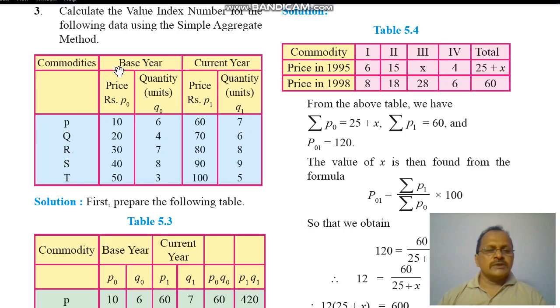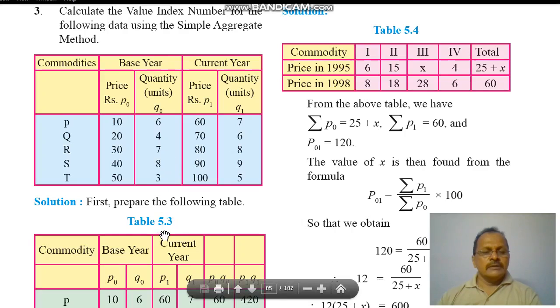The prices of these commodities and quantities consumed in the base year are given. Similarly, for the current year, their respective prices and respective quantities are given to us. This table is given. Now using this table, we are going to calculate the value index number using simple aggregate